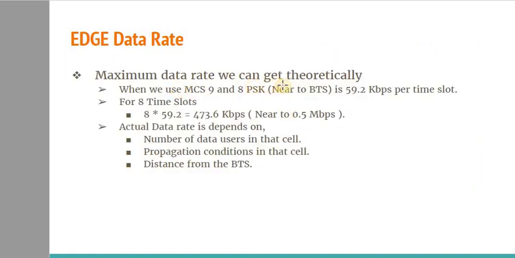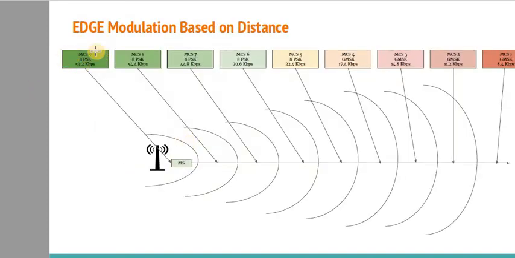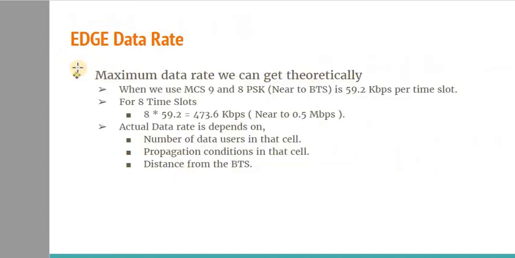So the maximum data rate we can get theoretically, because we have 8 time slots, is to multiply by the maximum data rate of 59.2 for one slot. So 8 into 59.2, the maximum data rate that can be utilized by one coding scheme is 473.6 kbps, or you can say 0.5 Mbps. Actually the data rate depends on certain conditions, such as the channel overloading condition,